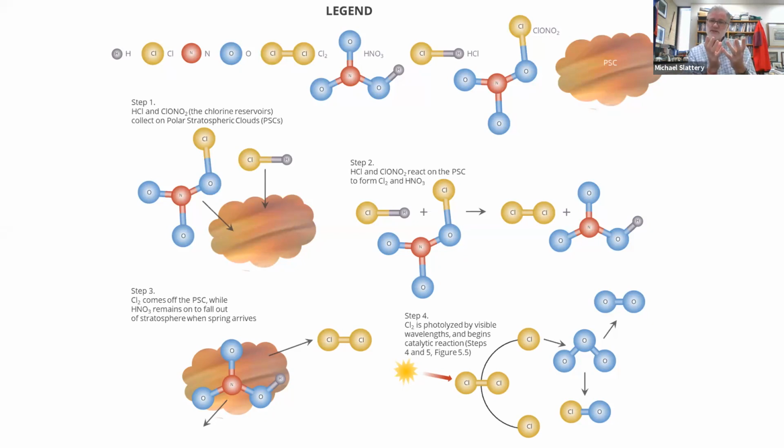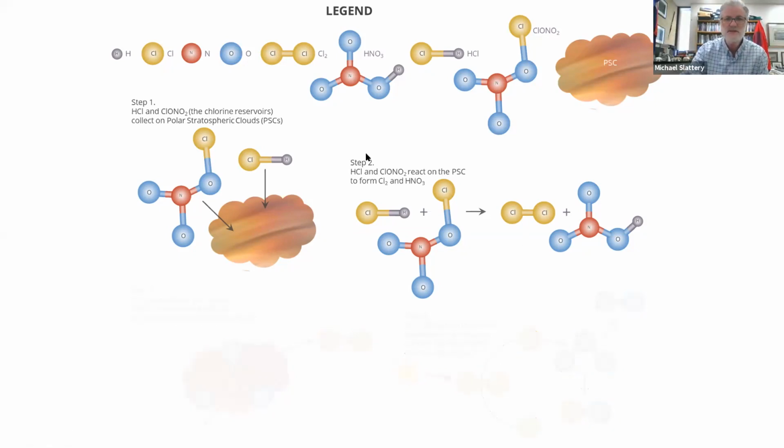But over the tropics, there's very little chlorine that's freed up at that stage. That's why most of the chlorine ends up in these reservoir gases, gets to the pole, hops on the cloud. And that buildup of all that chlorine on the clouds is why you've got this huge reservoir sitting there until the sun comes up and splits. I think that's a little story. Okay, so that's the reason why ozone depletes so rapidly over the South Pole, right?